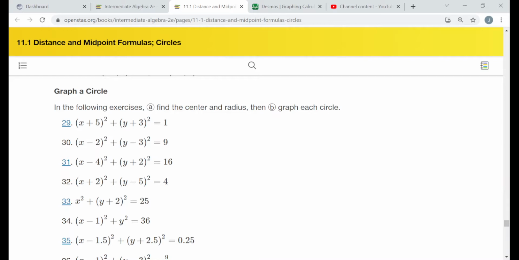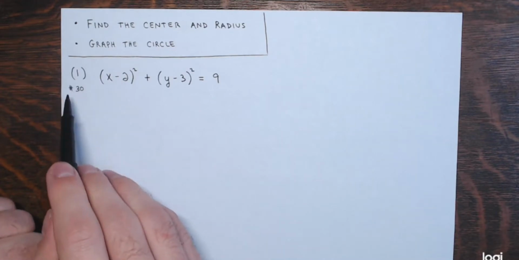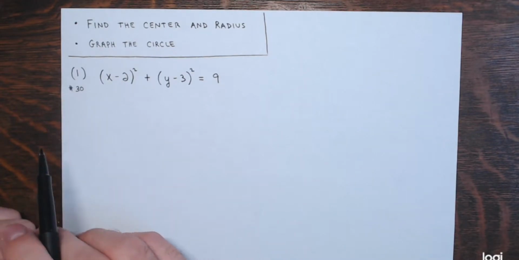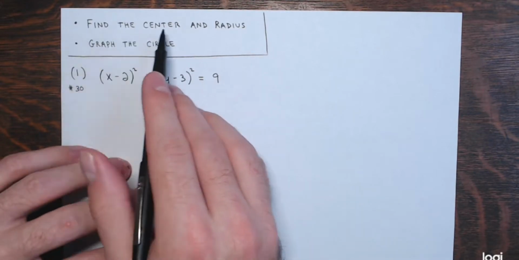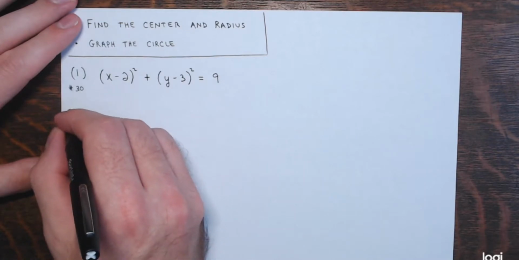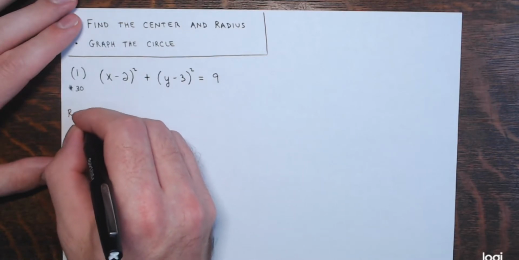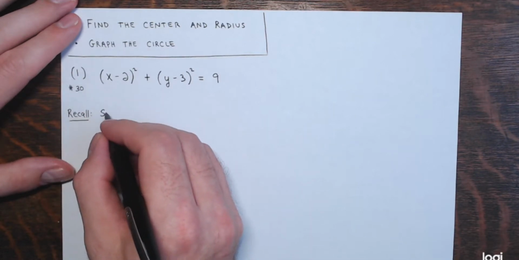Okay, so number 30 is the one I'm starting with. I have that written out. Example 1, exercise number 30 from the text. Now, first we're asked to find the center and radius. I've done a video on this prior to this one. Hopefully you recall what the standard form